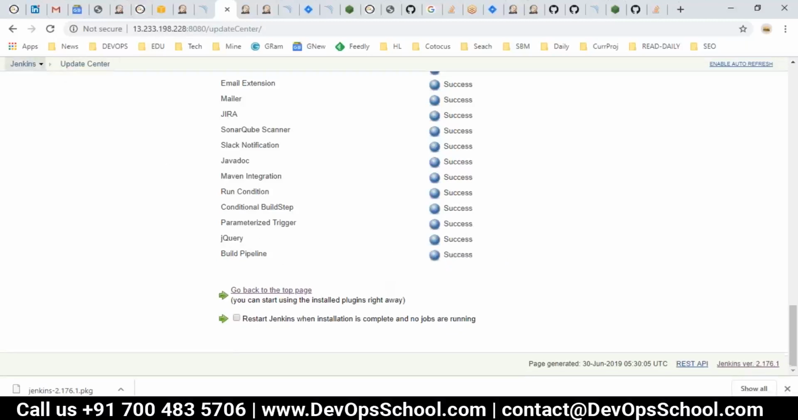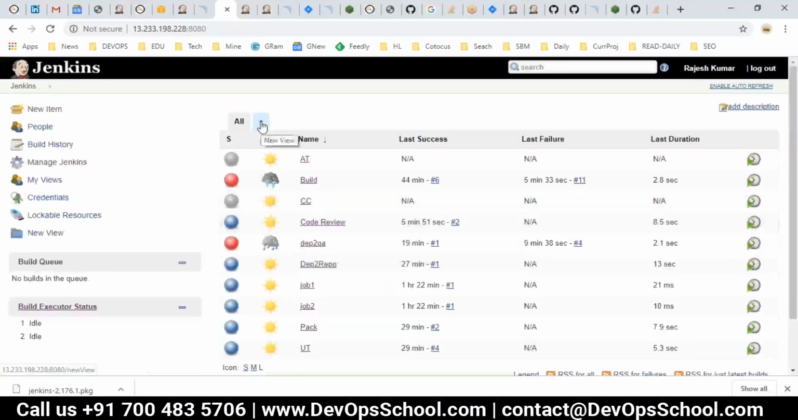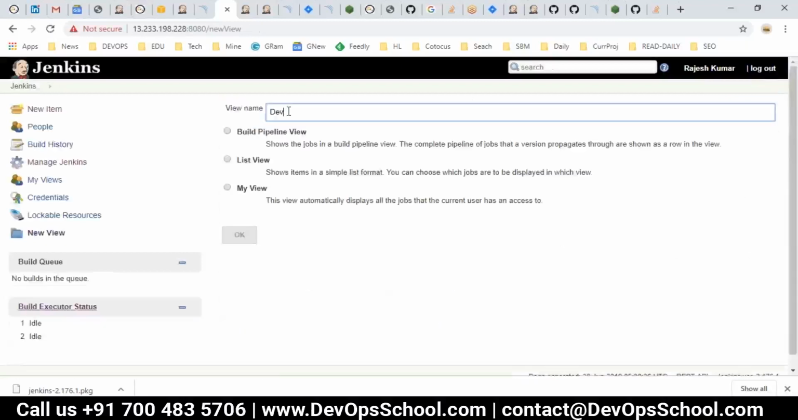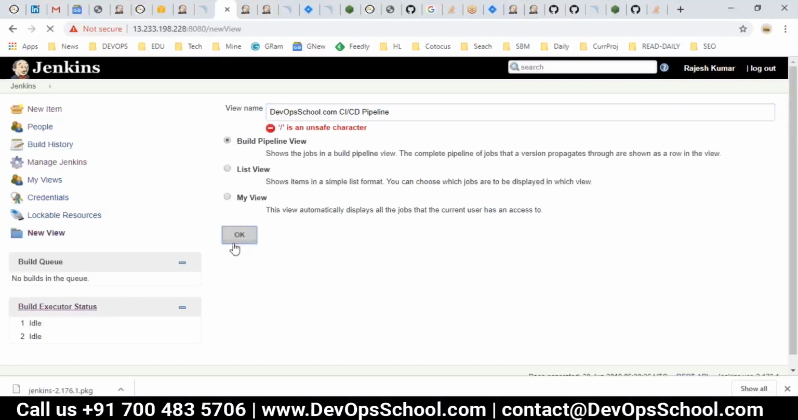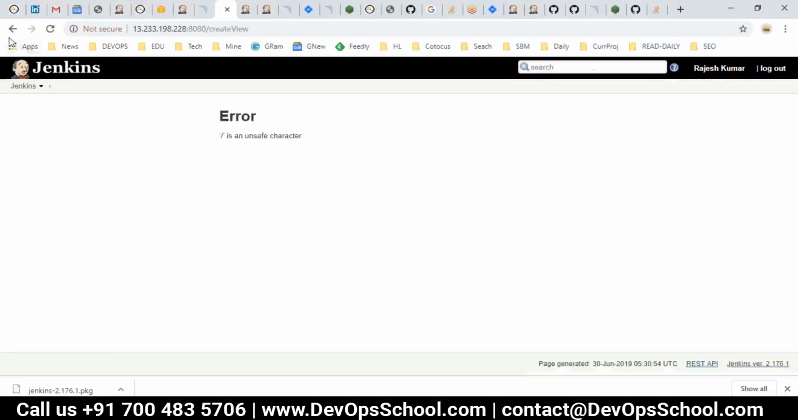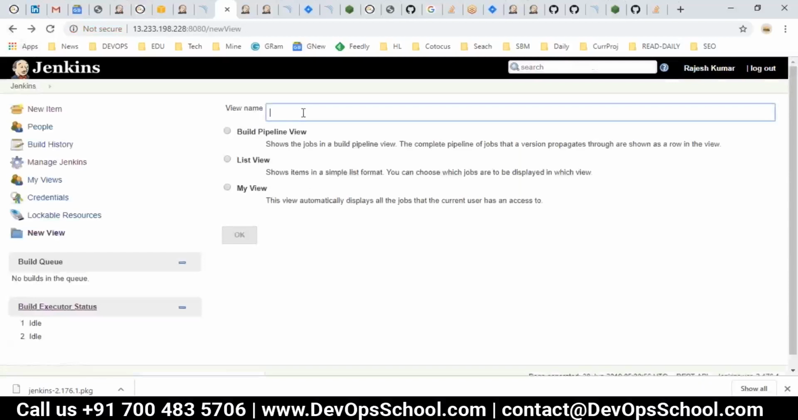Build pipeline got started. Now here I'm going to create a DevOpsSchool.com CI/CD pipeline, and here select this build pipeline, click OK. There's a character which is not allowed, so DevOpsSchool CI/CD